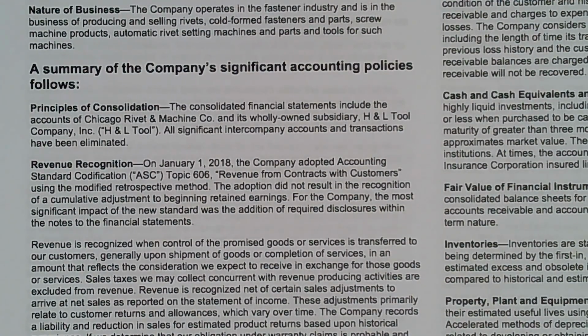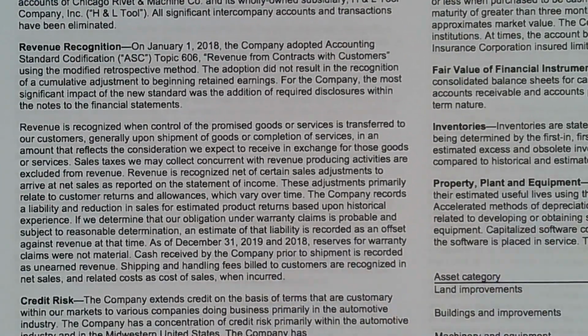Revenue recognition is one of the most critical pieces in any company, because if a company wants to inflate their worth, if they want to inflate their income, they can simply fabricate revenue or recognize revenue too early. So revenue is one of those things that we've got to pay close attention to and evaluate how they are recognizing it. And what it says here is very simple.